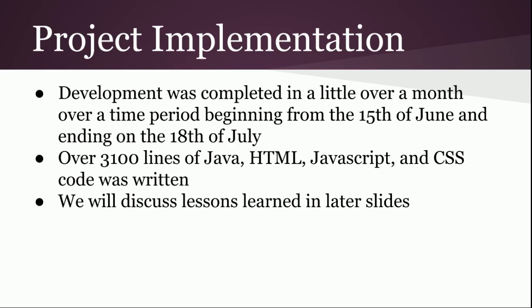After the design phase comes the project implementation phase. Development was accomplished in a little over a month between the 15th of June and the 18th of July. Over 3,100 lines of Java, HTML, JavaScript, and CSS code was written for this application from scratch. And within the project implementation, there were some lessons learned and some new ways of doing things that will be discussed in the lessons learned slides that will come later on. But first,